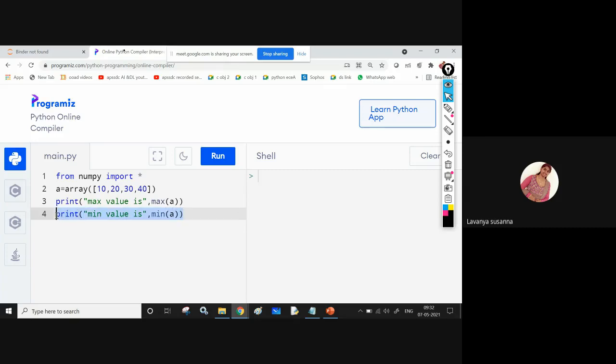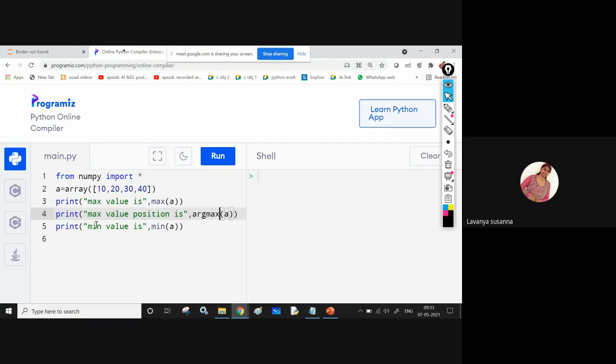Next, max value position is argmax of a.